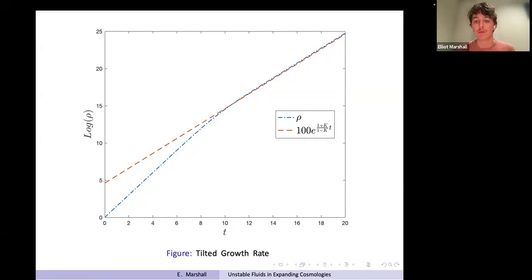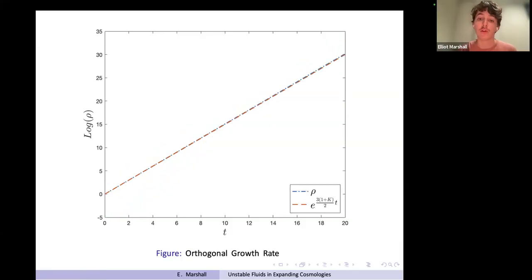And you can do a similar thing with these near orthogonal points. So I'm saying near orthogonal because, of course, in a numerical simulation, the chance of hitting an exactly orthogonal point, which is where the spatial fluid velocity vanishes, is almost zero. The chance of having a discrete grid point exactly at that point is very low. But you can look at points which are very, very close to orthogonal. So the tilt is 10 to the minus 13, 10 to the minus 14.